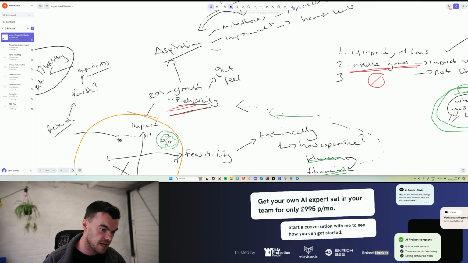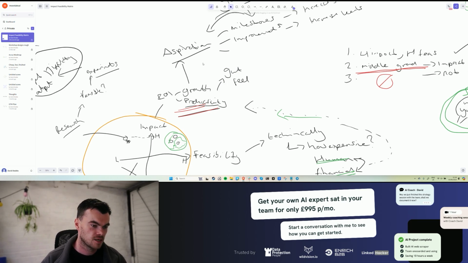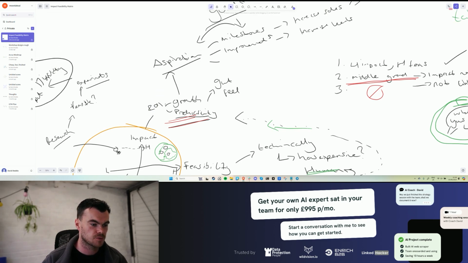Then, in terms of impact, we think of things as ROI. Typically, we see things in growth and productivity. We typically see that gut feel is also a very good measure of whether something is worthwhile, and we're really focused on the R in this, for returns, because we know what the investment is. It's the feasibility over here.